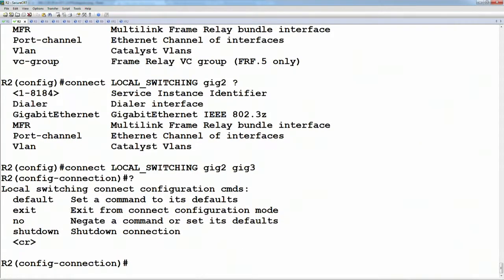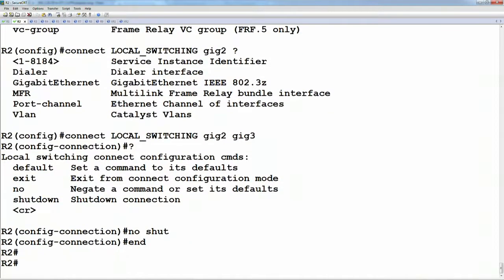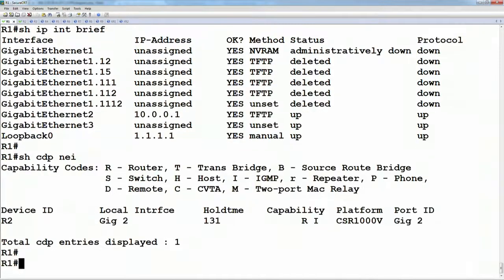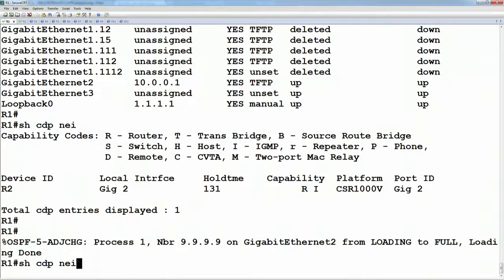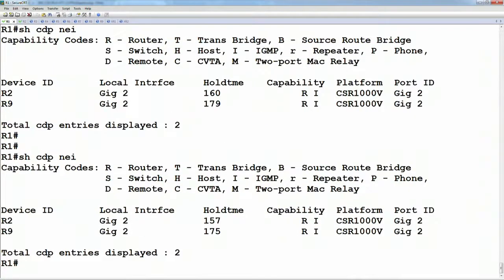Okay, so there's other options under here. Actually, in this case, there's not really any options under here. We'll say no shut. We'll see for the X connects, there will be other options. But if we now look between router 1 and router 9, and look at the show CDP neighbors, we can see that from router 1's perspective, it thinks it's now directly connected to